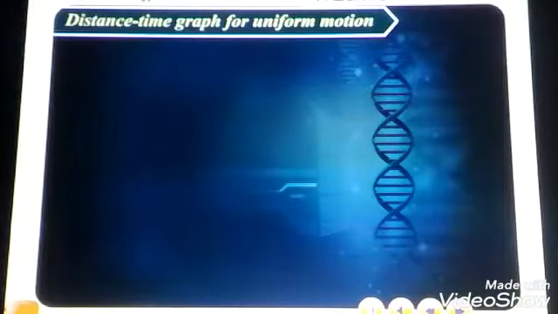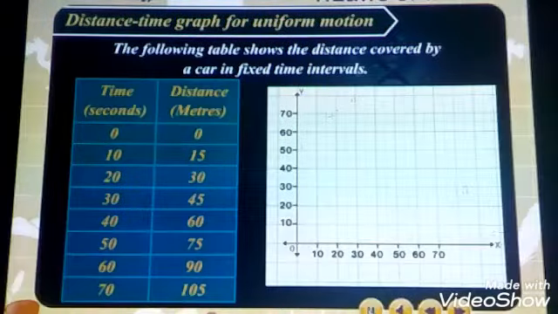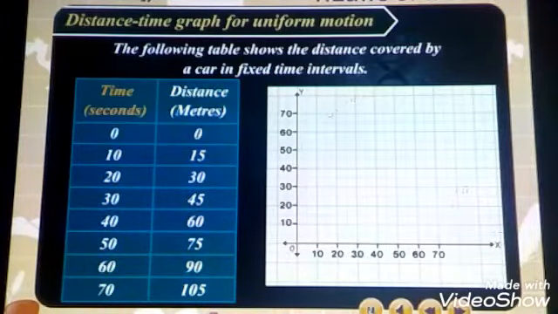Distance-time graph for uniform motion. Here, the graph of distance and time is plotted, with time given as 0 and 0 distance covered, 10 seconds to cover 15 meters of distance, 20 for 30, 30 for 45, 40 for 60,